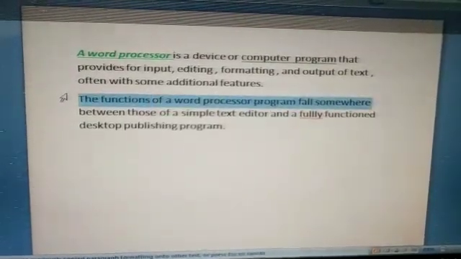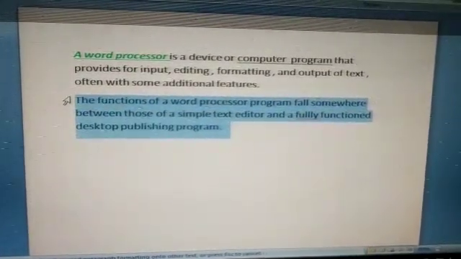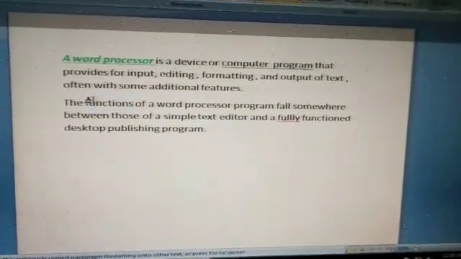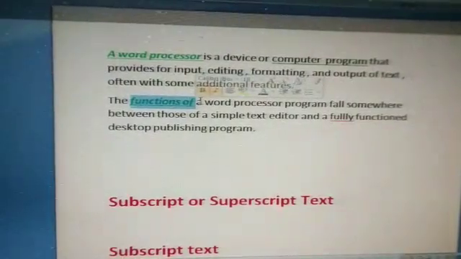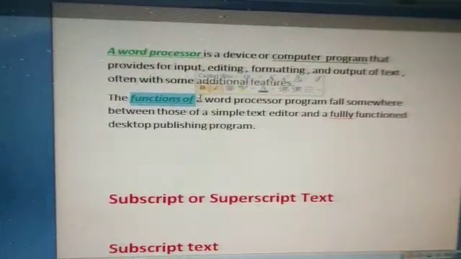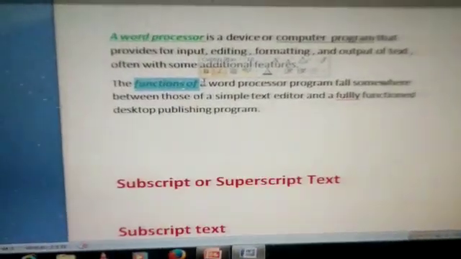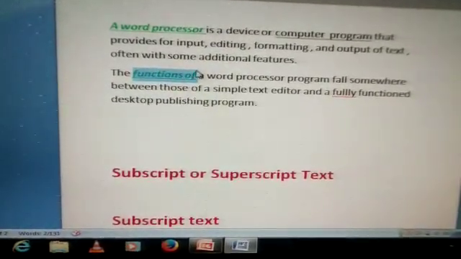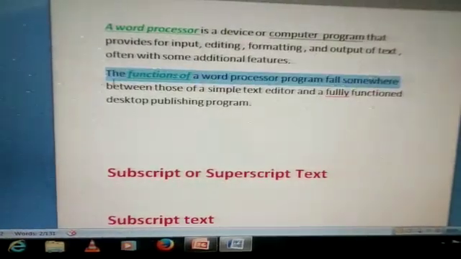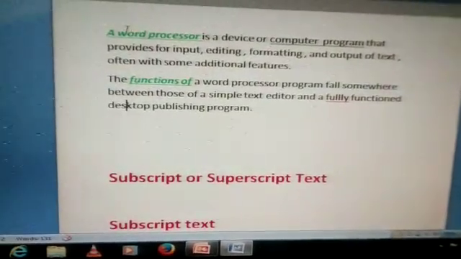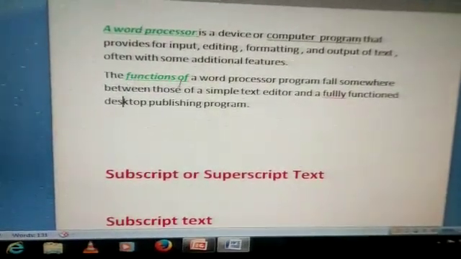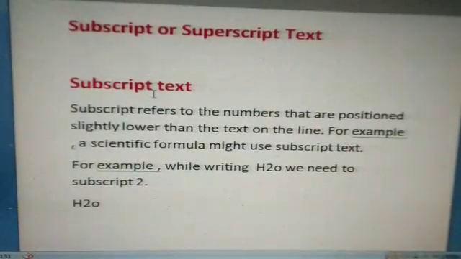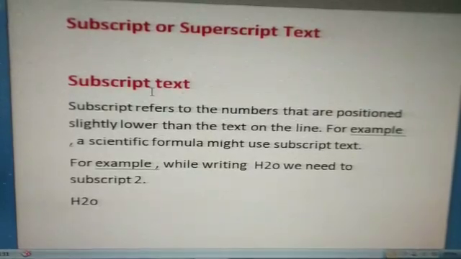Then you can see, just as I have applied this, it becomes the same as this word processor. You can see here, just as I have applied it here, it becomes the same as this word processor. This word function also becomes the same as this. Now students, I hope you understand Format Painter.